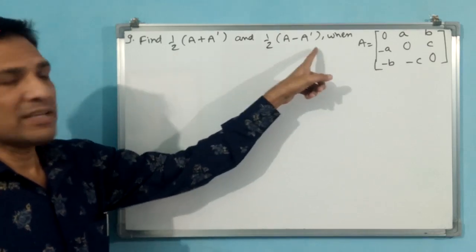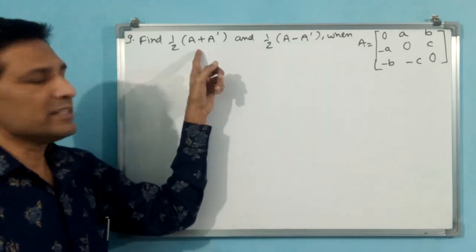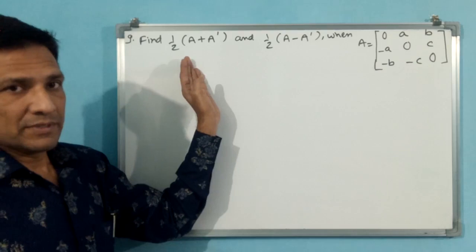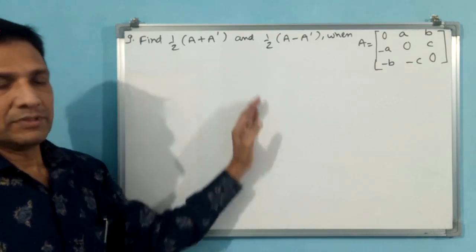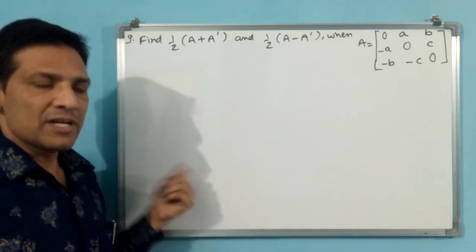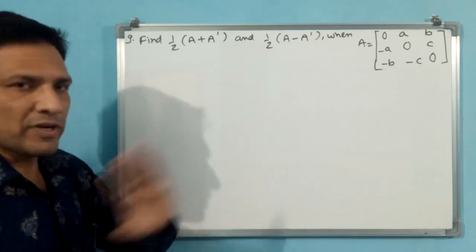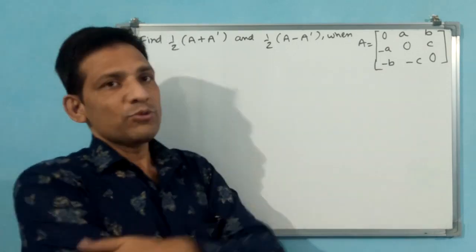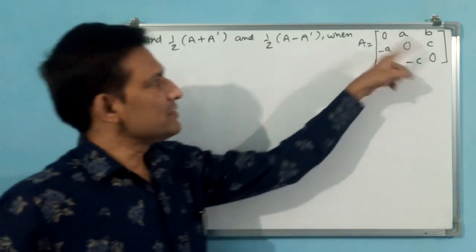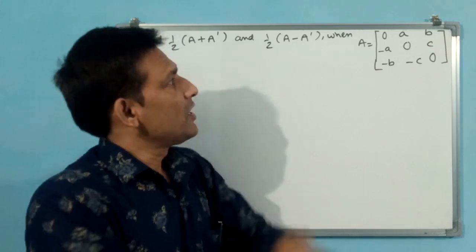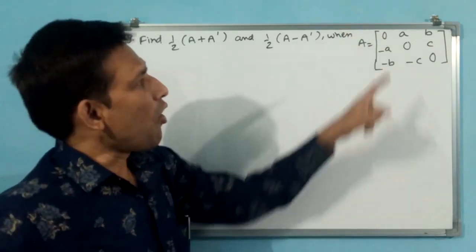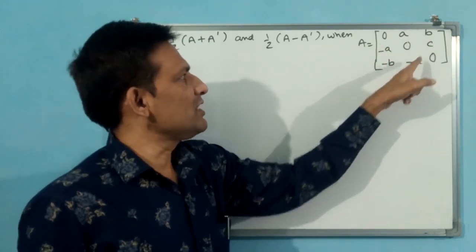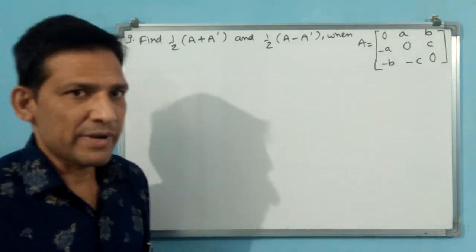Why? Because see, A minus A transpose is skew symmetric, we know. A plus A transpose is symmetric also, we know. But after multiplying both with 1 by 2, if you add the sum, then only the original matrix is going to come. That we know very well. Okay, this is that concept. Another concept, observe here, this is a skew symmetric matrix. Why? See, this is a 3 by 3 matrix, first a square matrix. Diagonals are 0. Opposite elements are same but with negative sign. You see, a minus a, b minus b, c minus c. That means this is a skew symmetric matrix.